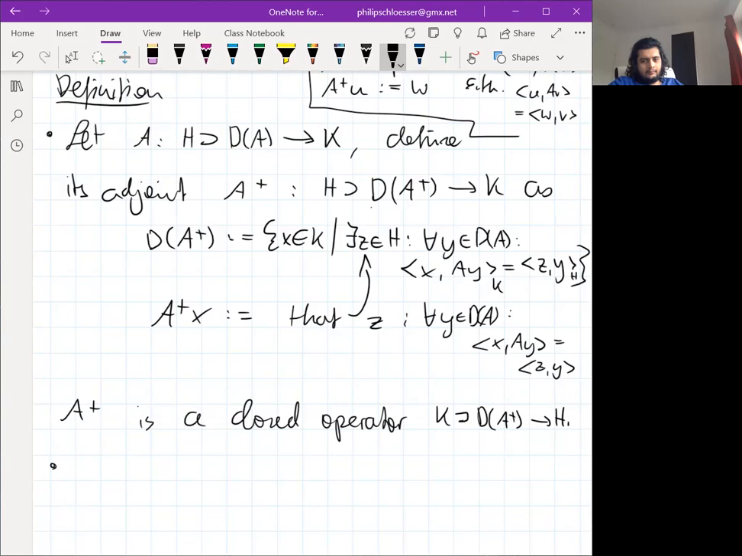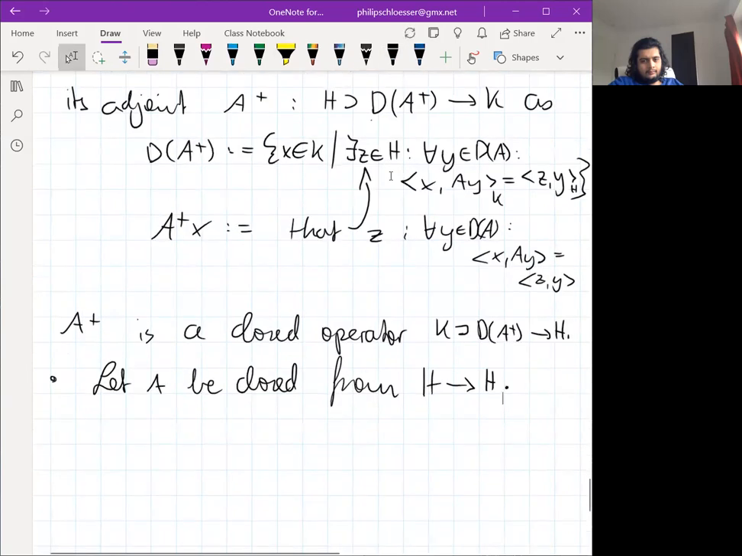And now comes the distinction that messes up every physicist, namely the distinction between symmetric operators and self-adjoint operators. So let A be closed from H to H. So K is H in this case. A is called symmetric